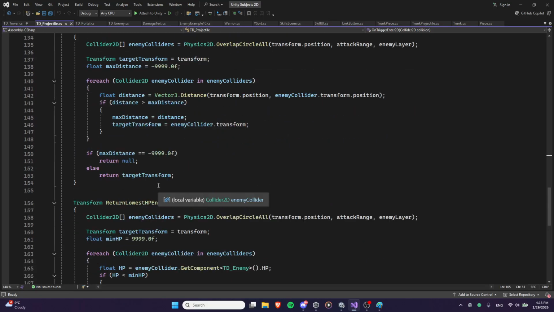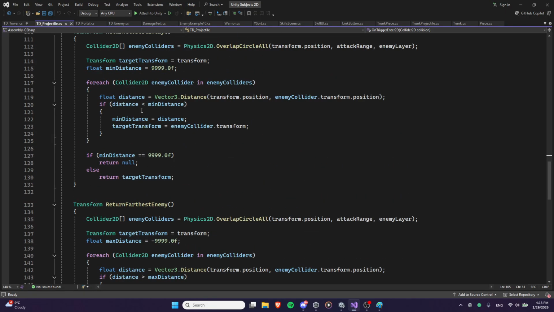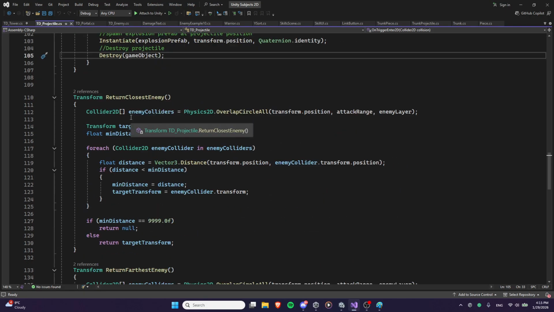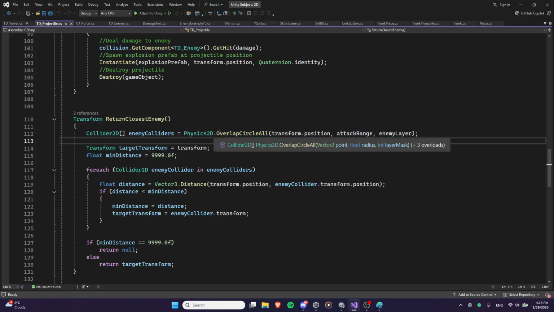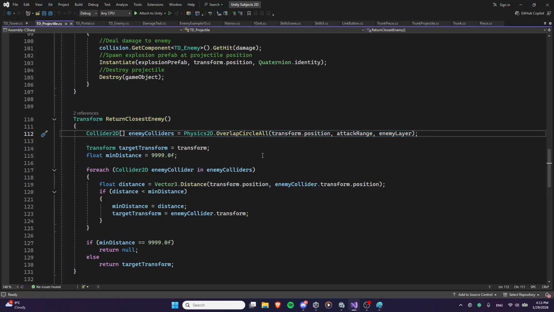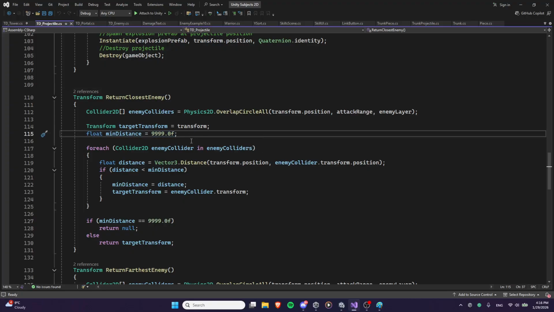And let's look at also the methods to find the closest enemy, furthest enemy, and lowest HP enemy. So for the closest enemy, actually for all of this, we use overlap circle. So for the closest, we use overlap circle to get all the enemies within the tower range. So this will return an array of colliders. So we specify the position, which is the position of the projectile in this case, the range, and then we target only the enemy. So what we do is we create the minimum distance and we give it a very big value. And then for each collider in that array,